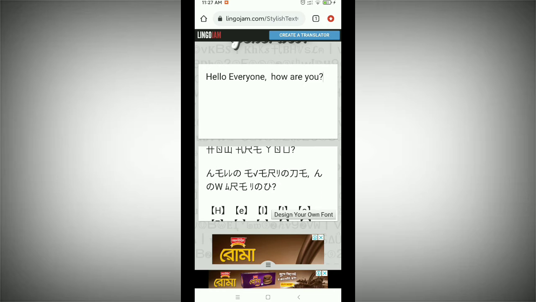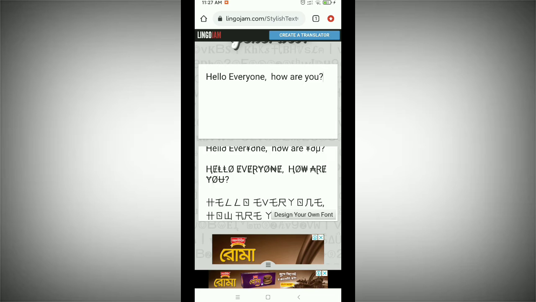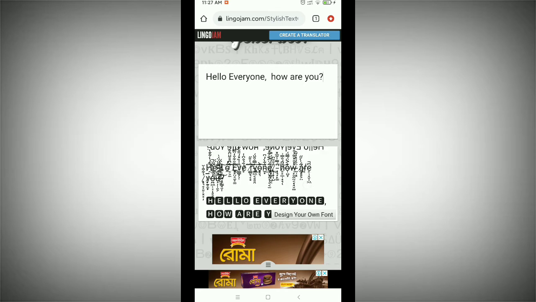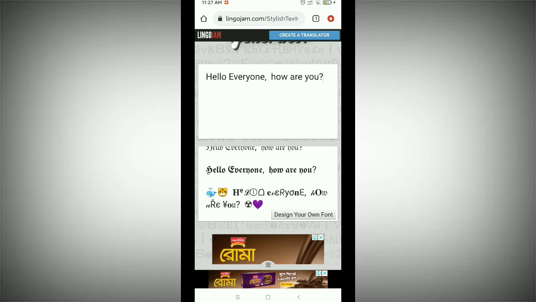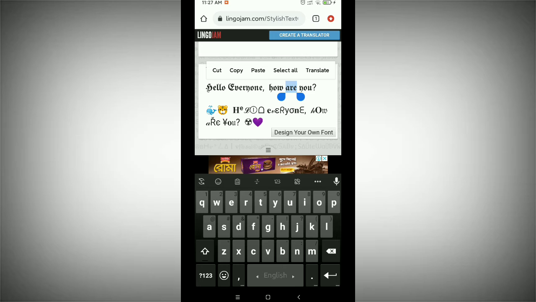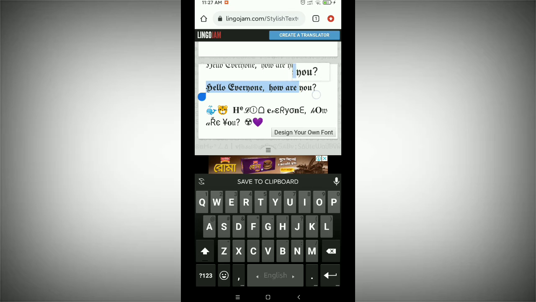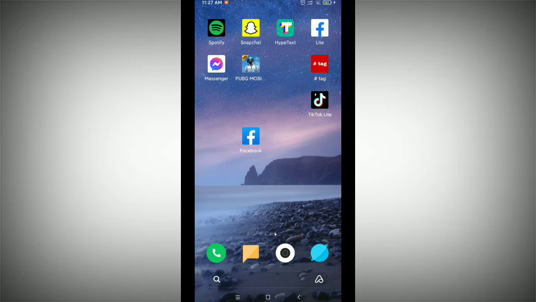You can choose any stylish font from here for your own choice, and after choosing your stylish font, just tap and hold over this font, then you can select your stylish font. Like that I select it, then you need to copy it. That's it. Now you need to go to your Facebook app,